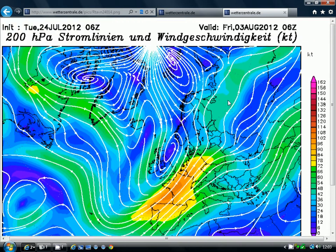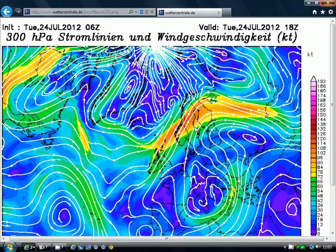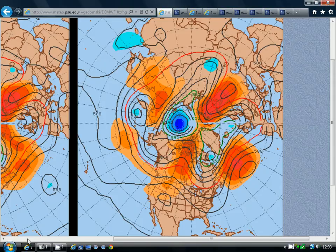But if we go to 10 days time, Friday the 3rd of August, we can see that the jet stream is back south again. It's running through Spain and France and into Germany. It's south of the British Isles, so it'll be much cooler and unsettled with a jet stream in that position. So what we need to look at now is